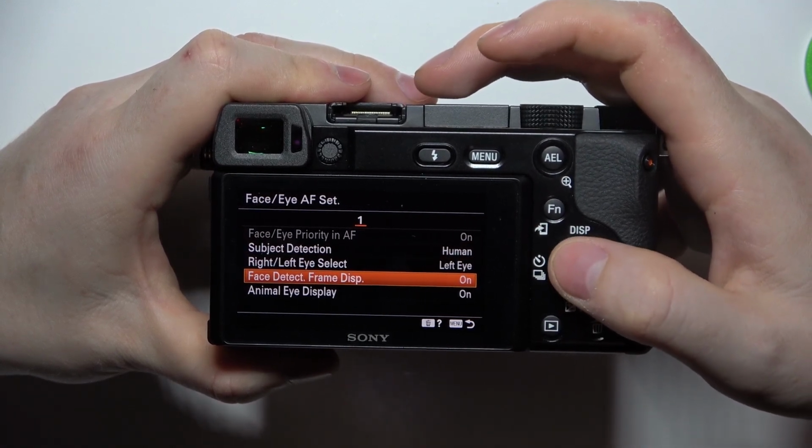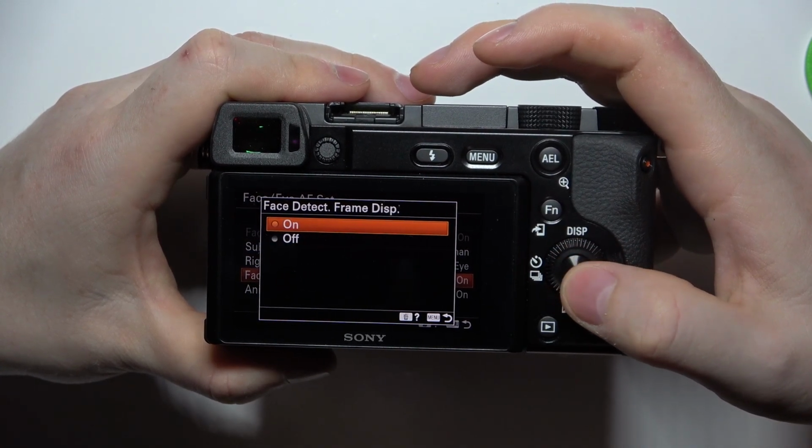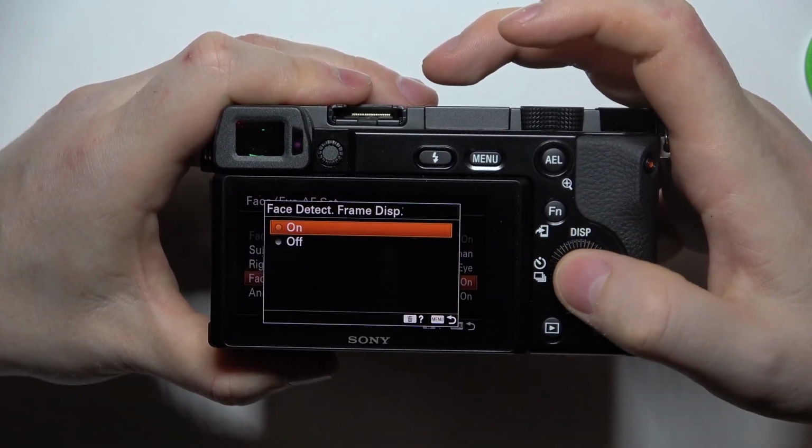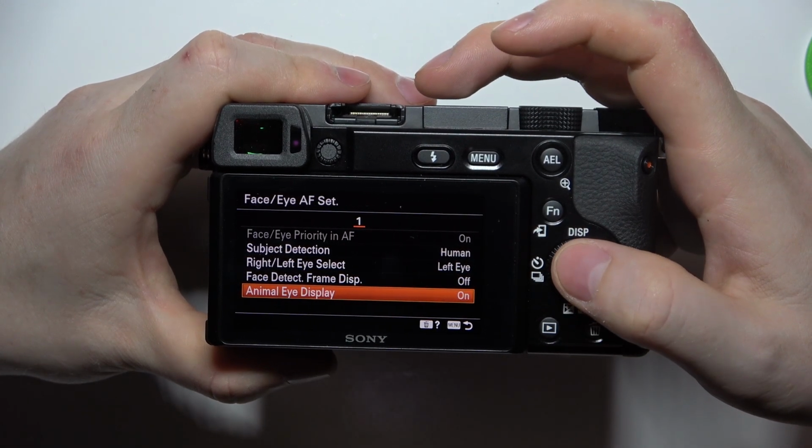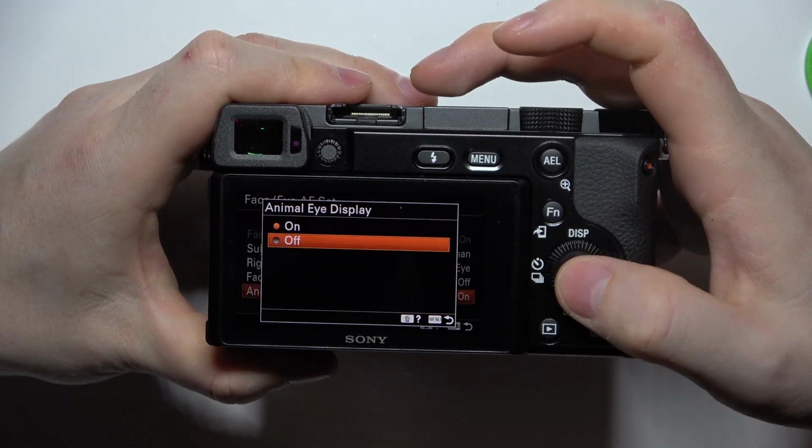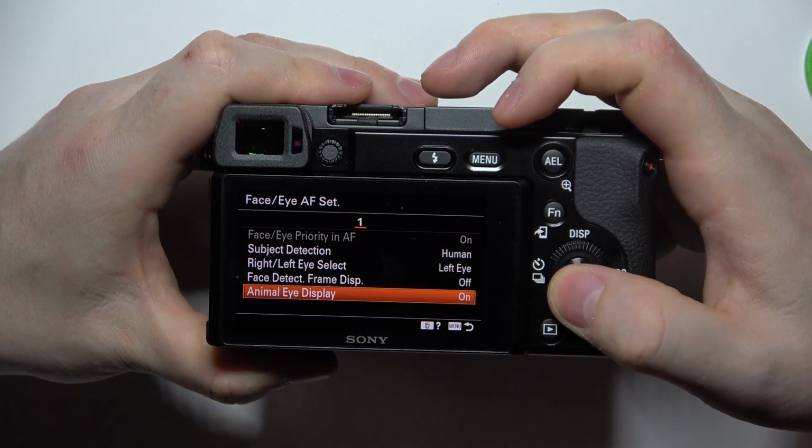Then there's the face detect frame display, which we can enable or disable, and the animal eye display that we can also enable or disable. And that's it for this